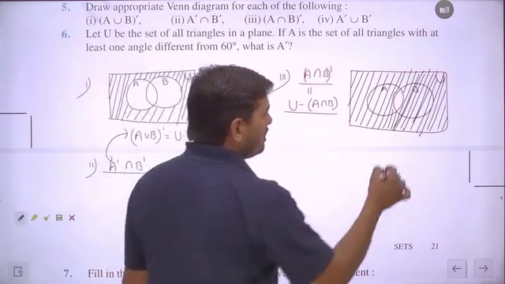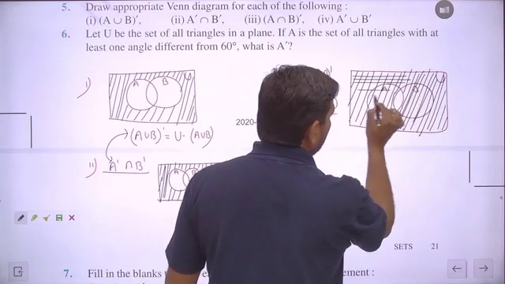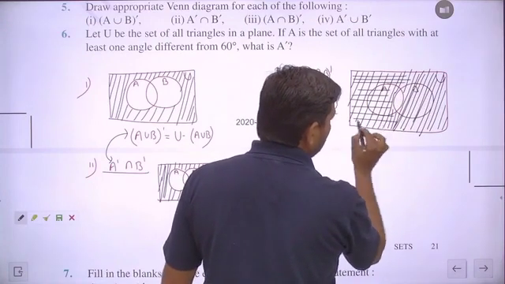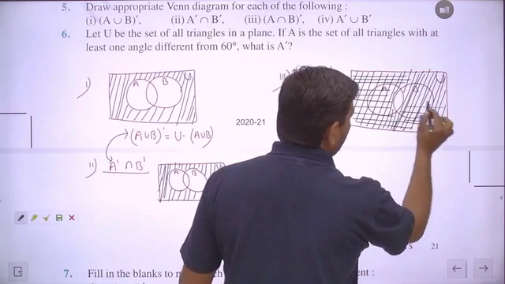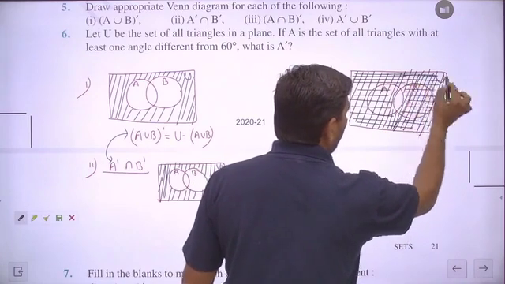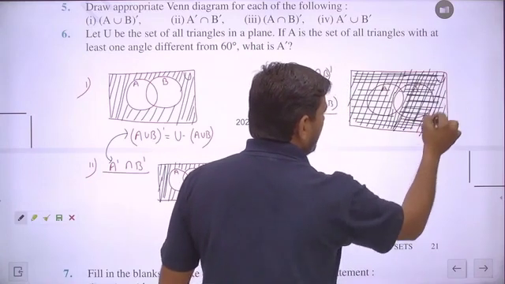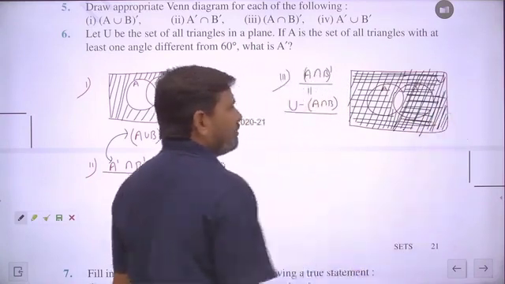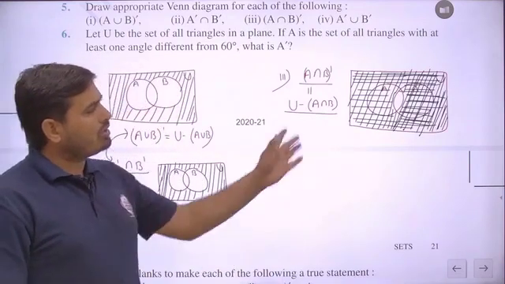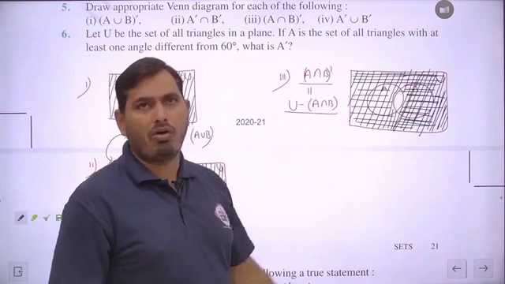So we will not take this area and the remaining part gets shaded. You can make the shading of this region properly with the help of a pencil, so that the required things are noticed easily. Is it clear? So you can make the shading properly, no problem, with the help of a light pencil. So this is the Venn diagram of (A intersection B) whole dash.